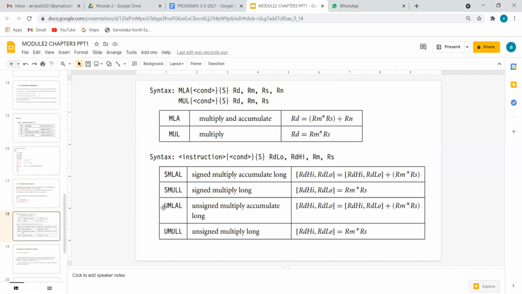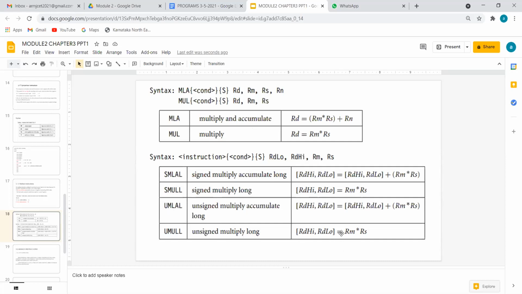So left is U, hence unsigned. The next three letters are MLA, so take it from the name: multiply, accumulate. The rightmost is L, that's why we attach the word long. In the same way, what is the definition of MUL? Multiply. Left of that is U, hence unsigned. Right of that is L, hence it is long. Okay, so now you see,